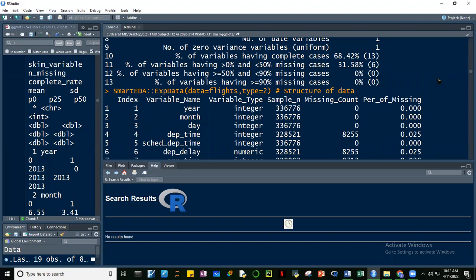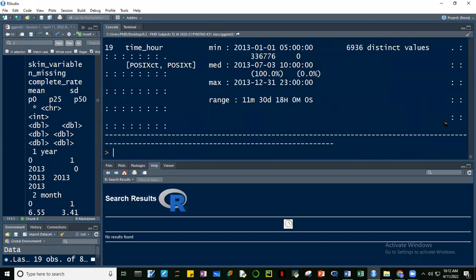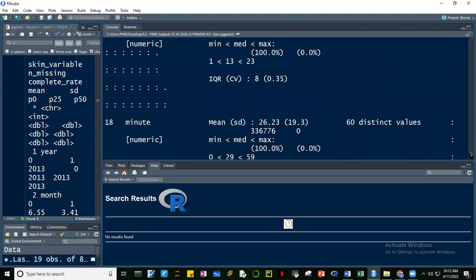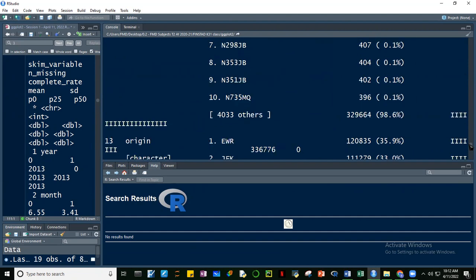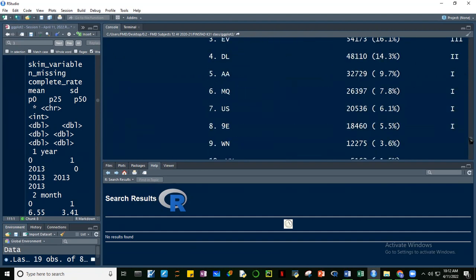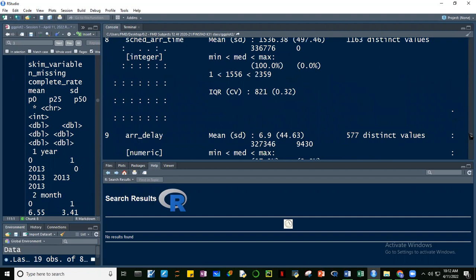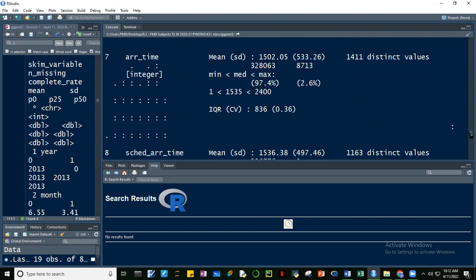Okay, type 2, no? Ito, what do you find in type 2? Yung variable name, tapos yung count ng missing, marami din siyang stat na pinaprovide. Okay, so quite a lot, no? It's, ito, per variable yung tinitingnan niya. For example,